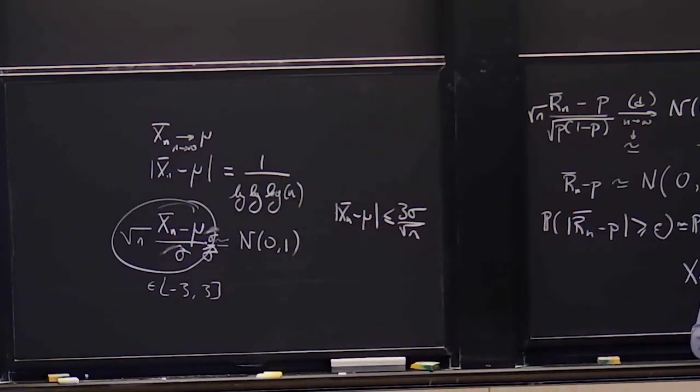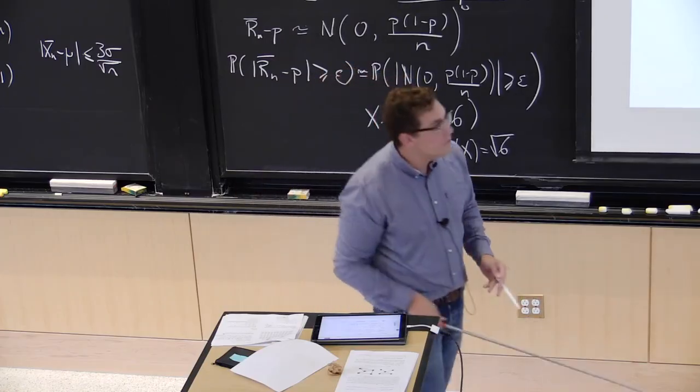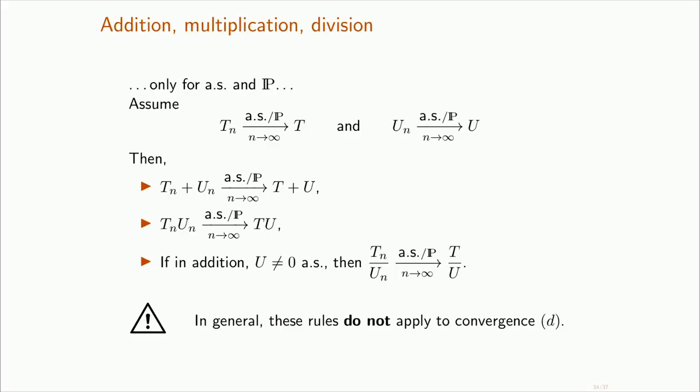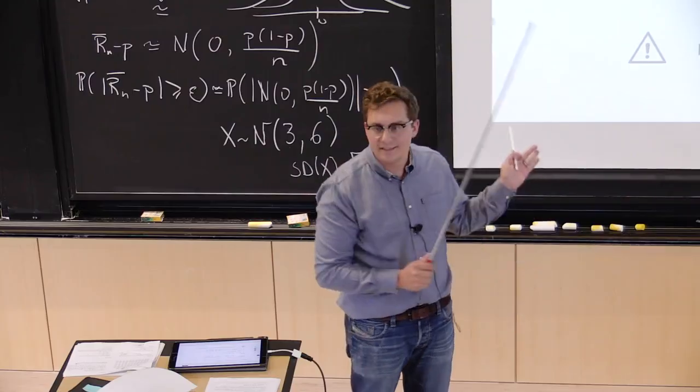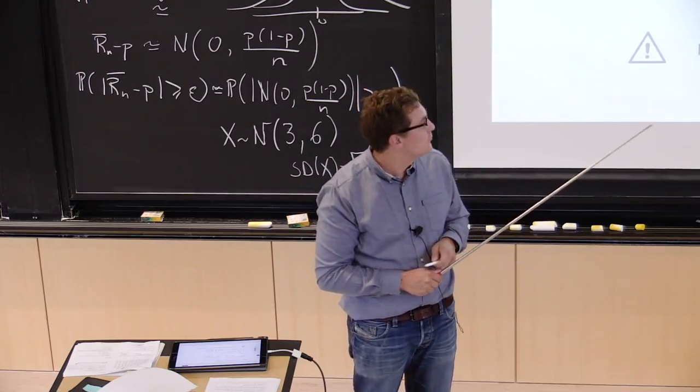How do we combine those things? How do I combine several limits, multiplying them, adding them? When you have almost sure convergence and convergence in probability, things go exactly the way you want. You can add your random variables, and you're going to get the sum of the limits. You can multiply them, and you're going to get the product. And you can divide them, and you're going to get the ratio, as long as your ratio is well defined, of course. So this is the slide that says, do not pay attention to mathematics. It works the way you want it to work.